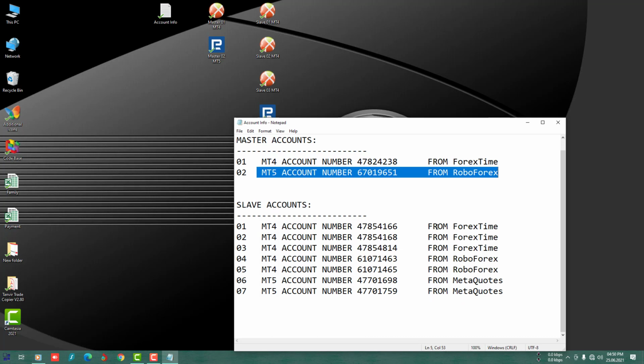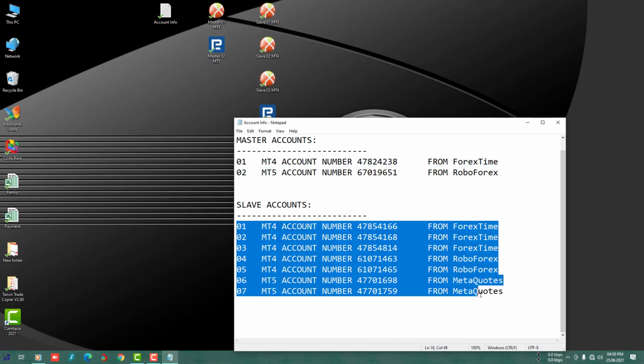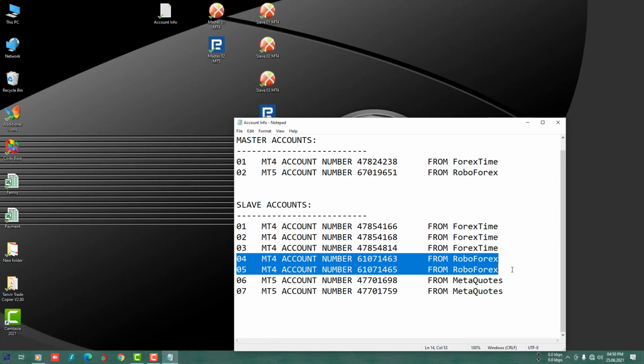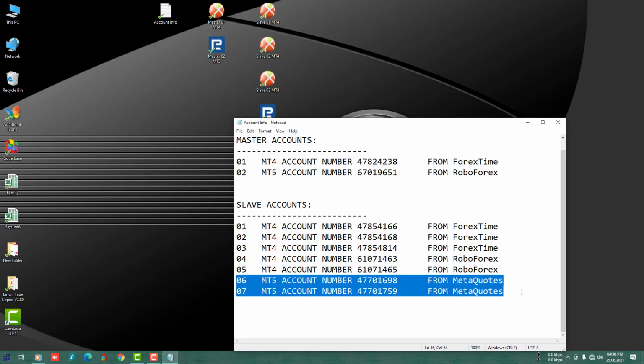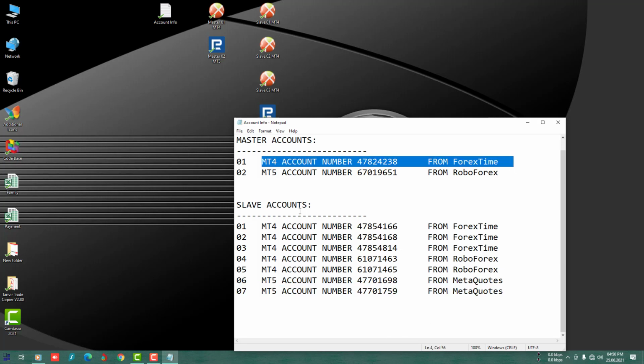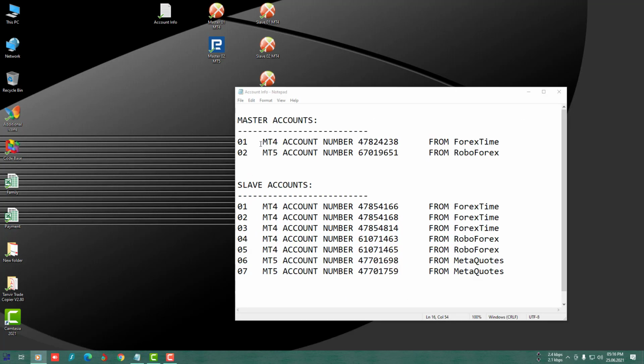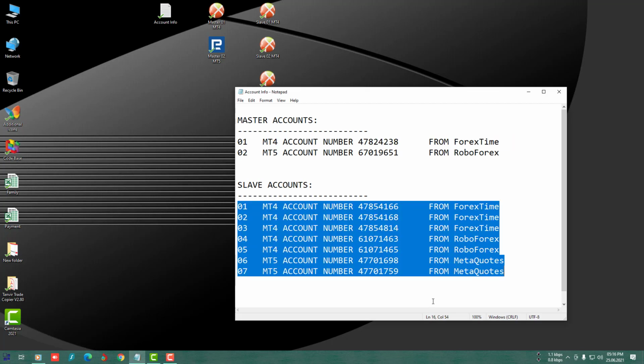Also we shall use 7 slave accounts, where these 3 MT4 accounts are from Forex Time Broker, these 2 MT4 accounts are from RoboForex Broker, and these 2 MT5 accounts are from MetaQuotes. First we shall use this MT4 master account and these 7 slave accounts. Now let me open this master and these 7 slave terminals.